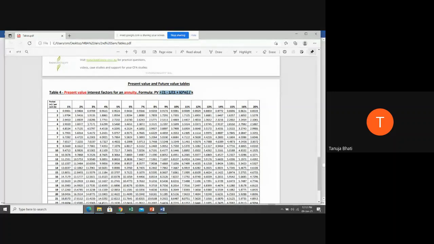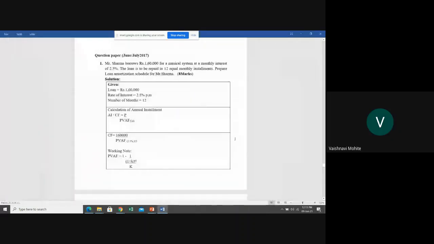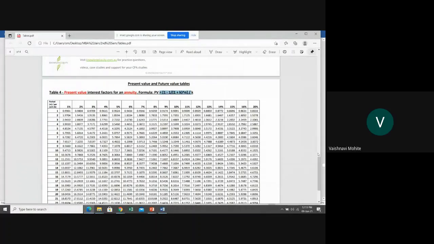Okay. In case decimal percentages are given or decimal number of years is given, it is not a whole digit. Ma'am, can you share these tables? Yes, dear. By the end of today, I'll be giving you the notes, the solved questions, answers, and this table. I'll share with you all this table. Okay. Thank you, ma'am.